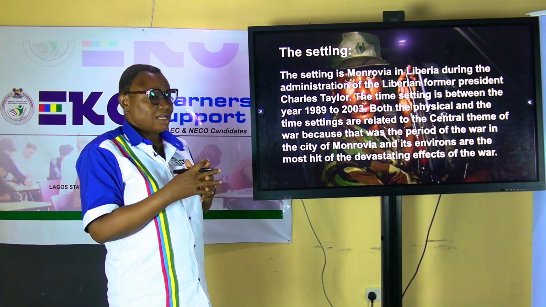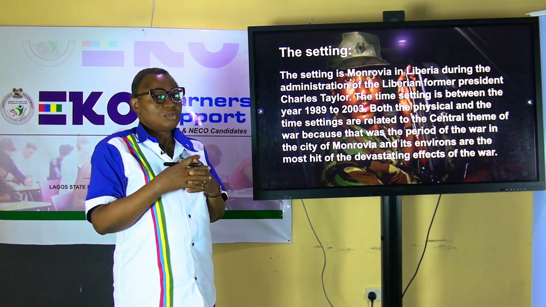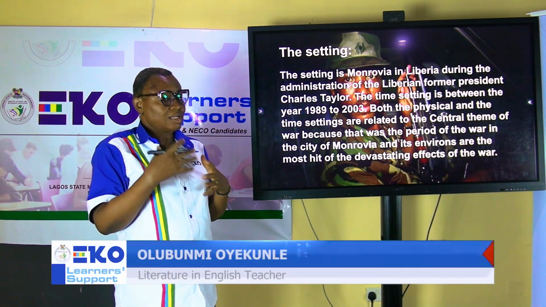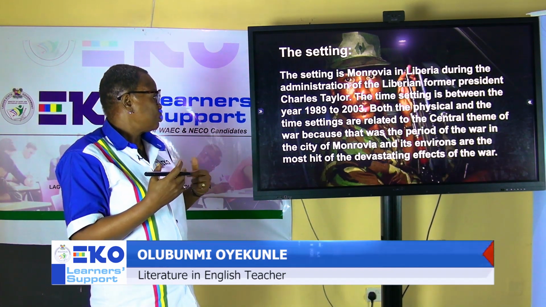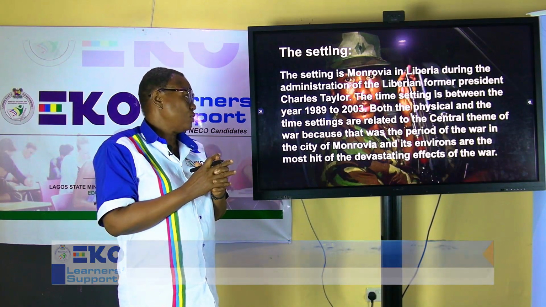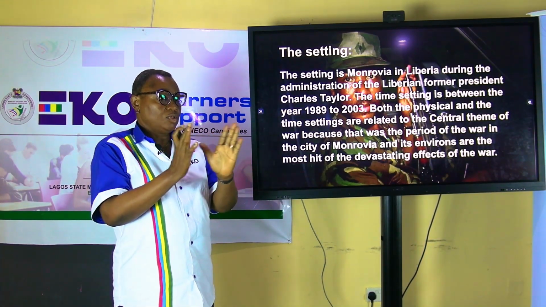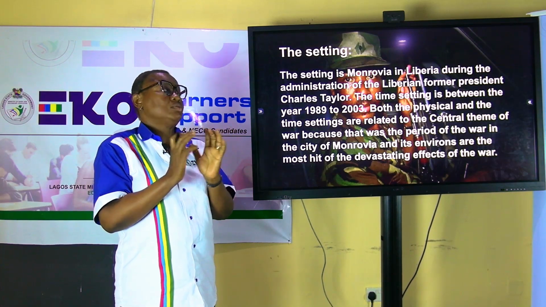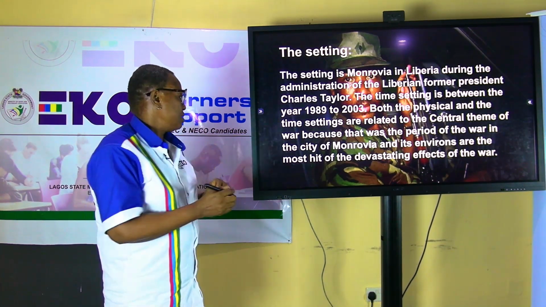So we can see that setting is very closely related to the theme that a writer tries to bring out in his literary work. So the city of Monrovia is a place where the event was revealed through the events that took place